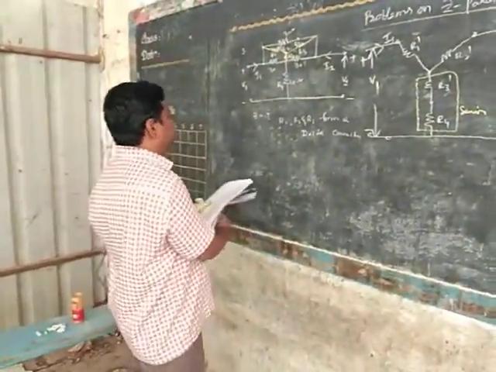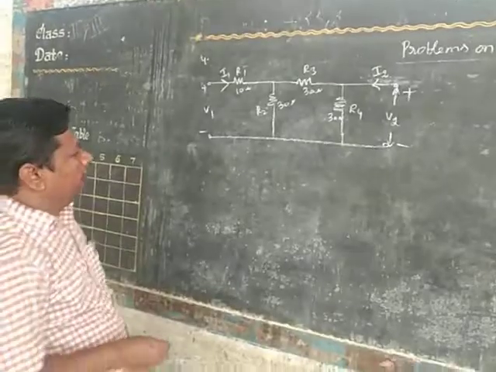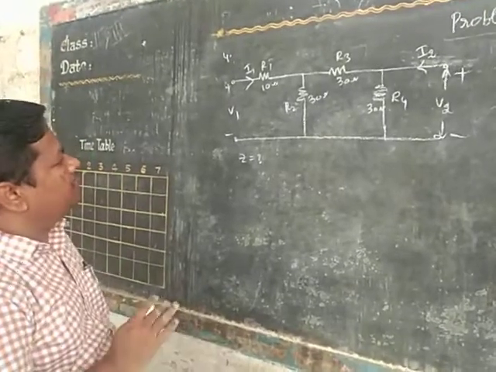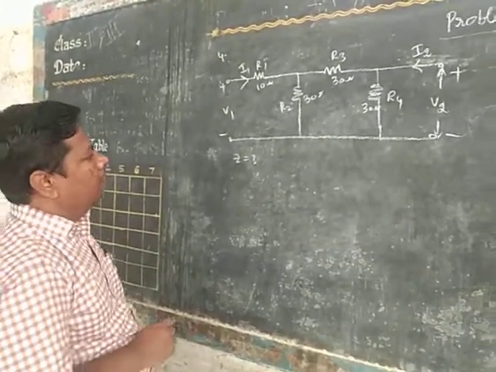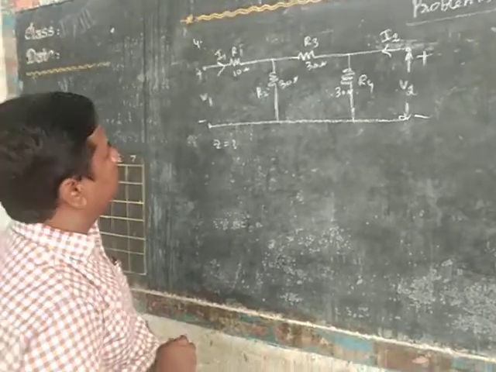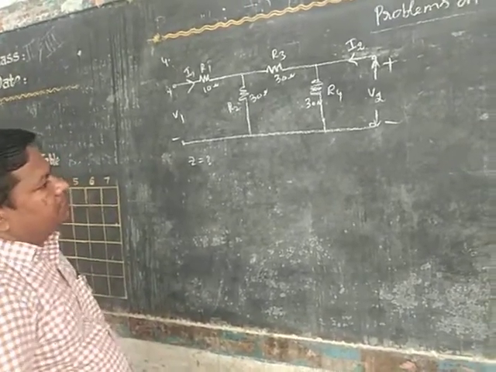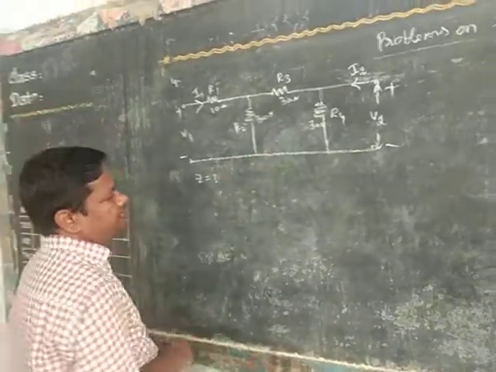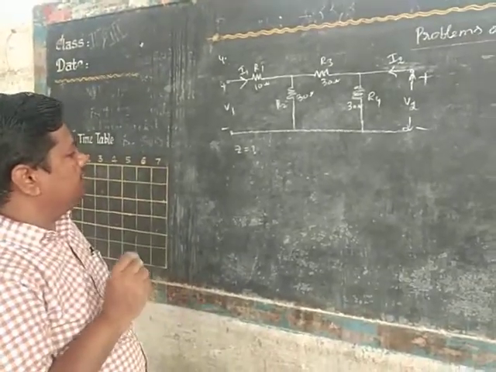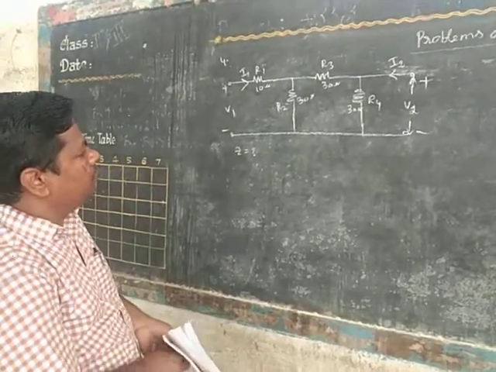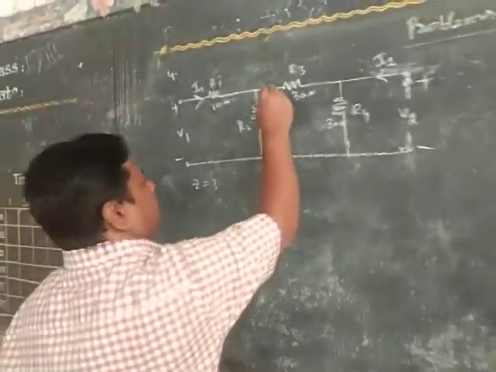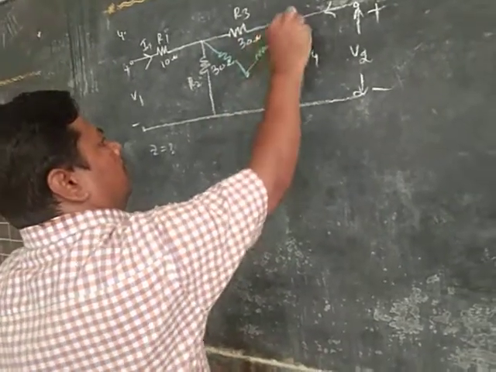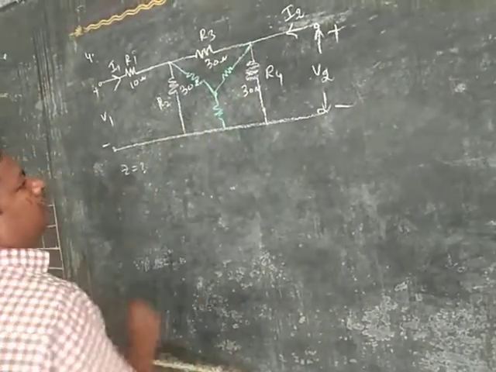Next, fourth problem. Consider this circuit. Calculate Z parameters. Observe the circuit. 4 resistors R1, R2, R3, R4. R2, R3, R4 are 30 ohms and R1 is only a 10 ohm resistor. Okay. Now observe the circuit. These three form a delta. First of all, observe the circuit carefully. Is there any delta connection? First of all, convert into star connection. For our simplicity, here I am considering all the same values, so that the calculation is simple.